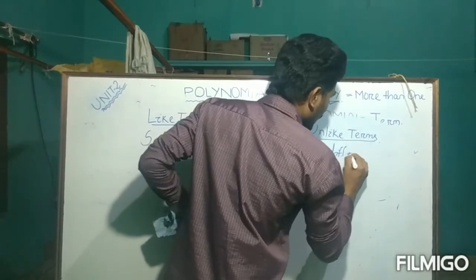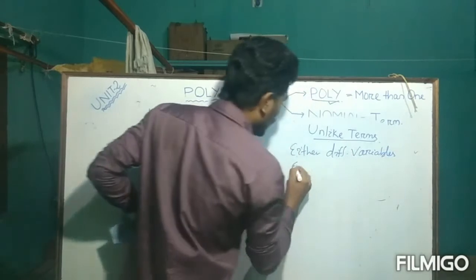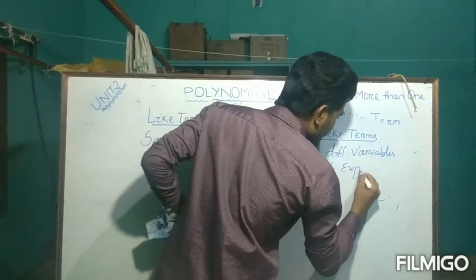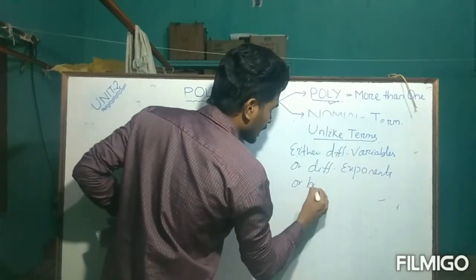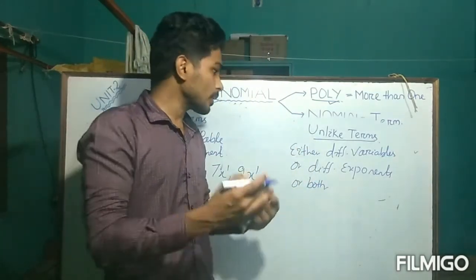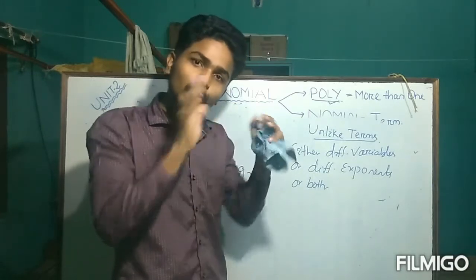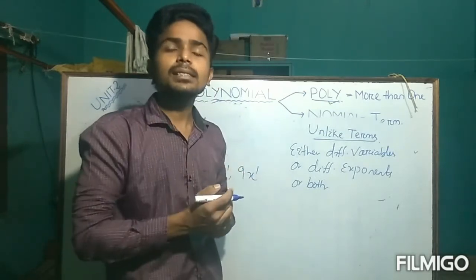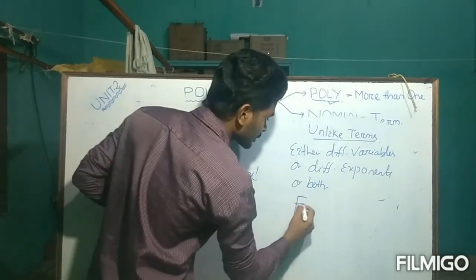That means if the two terms have different variables, or different exponents, or both, then they are said to be unlike terms. For example,